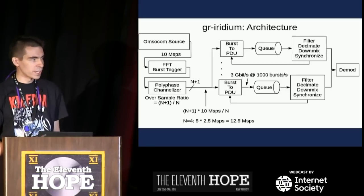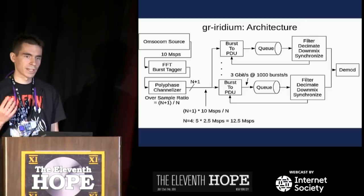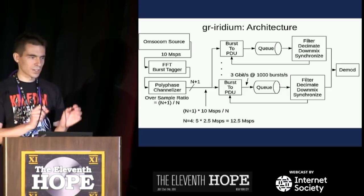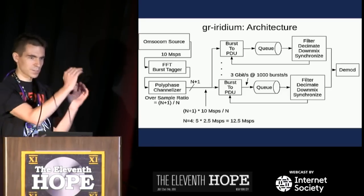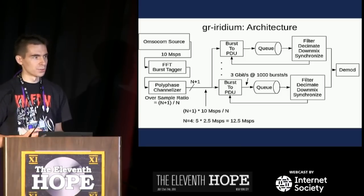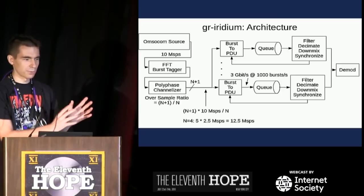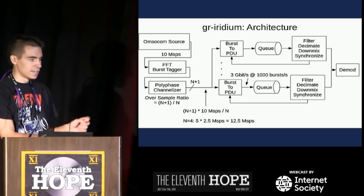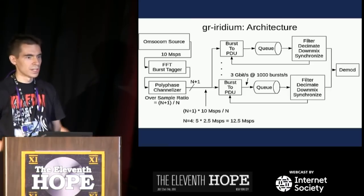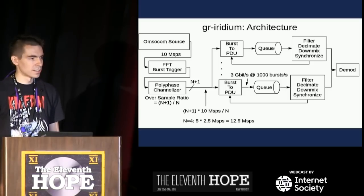The whole thing is built around two major components. First, we have a burst tagger. It looks at the whole spectrum and figures out where there's activity, and it captures a small piece of that activity. It feeds it through a channelizer, which looks at where roughly in the frequency band that is. It takes a chunk of that frequency band and moves it into multiple demodulators and decoders, which then basically